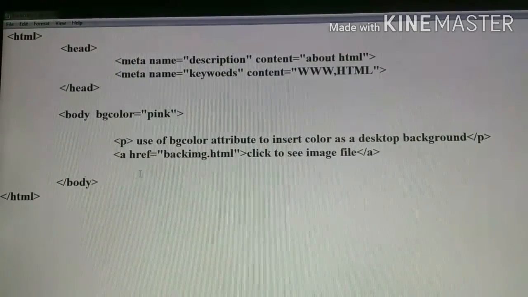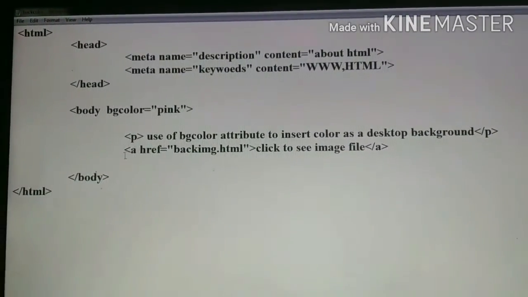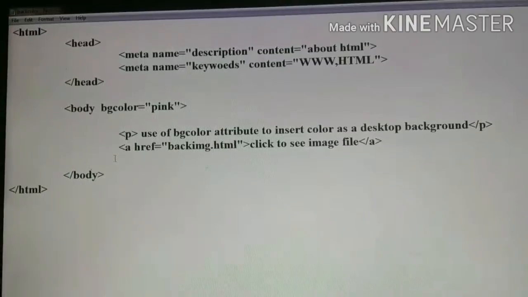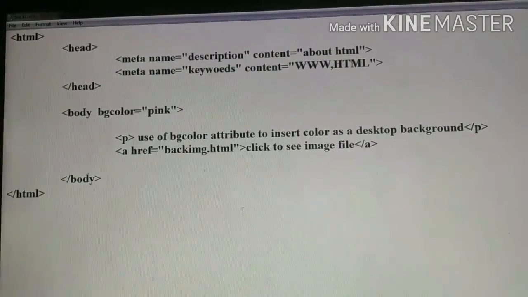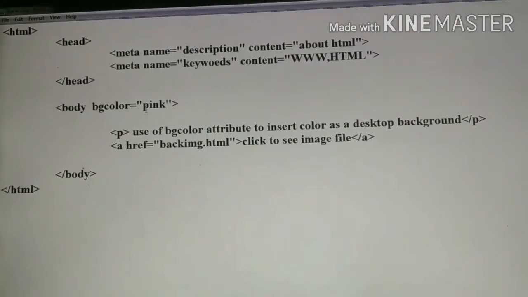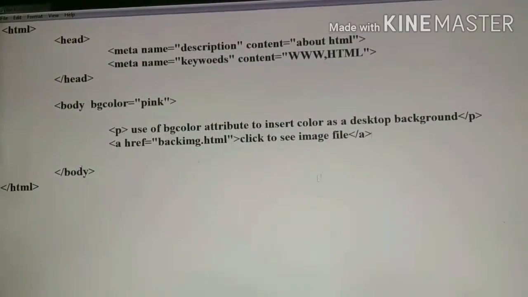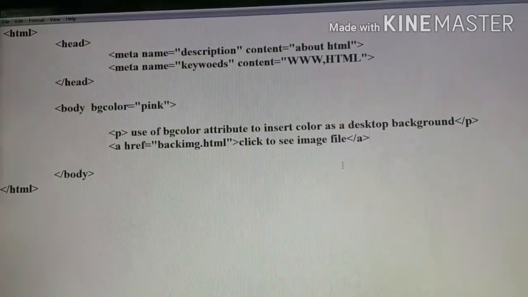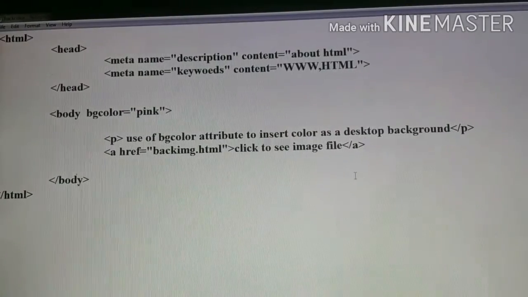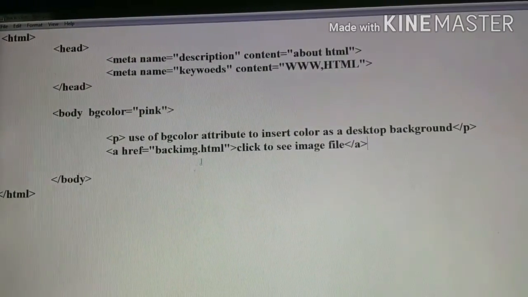See this, students, this single line is there to create a hyperlink, and hyperlink plays a very important role in HTML, because a website is the combination of so many web pages, and to move from one web page to the next page hyperlinks are used. So here we have created the hyperlink to move to our previous file, our image file.